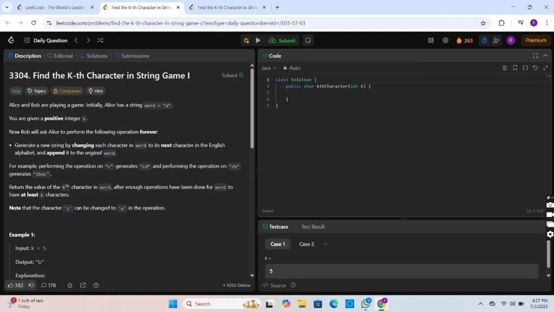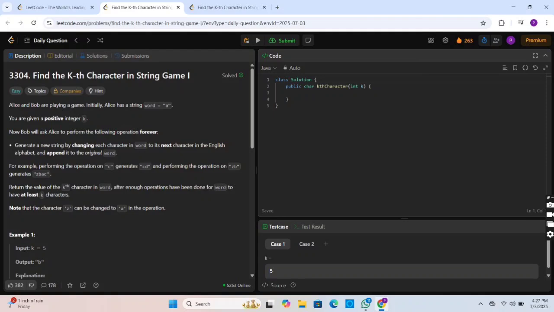Now when we increment this string by 1, the string that we get becomes "abbc". The generated string is now "bccd", and when we append it, the word becomes